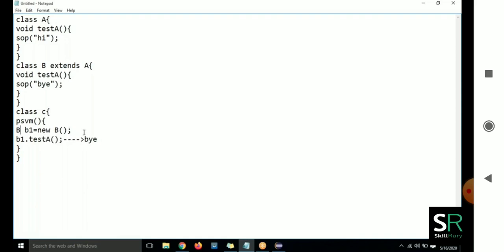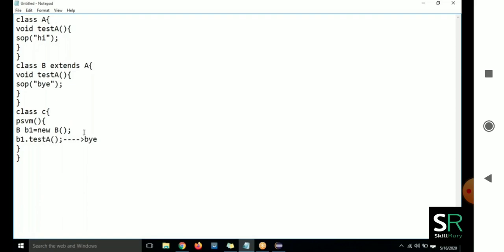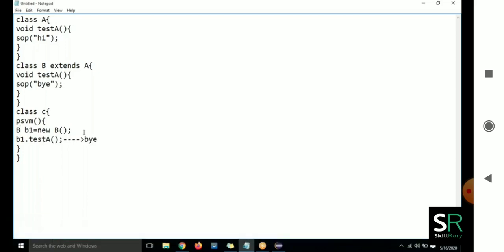Let me upcast the object. Do you know what is meant by upcasting?